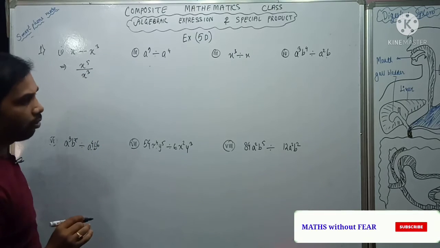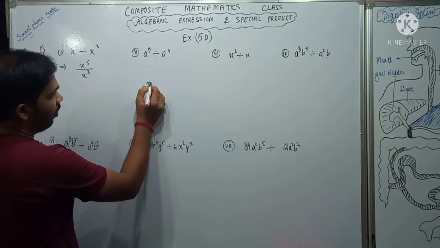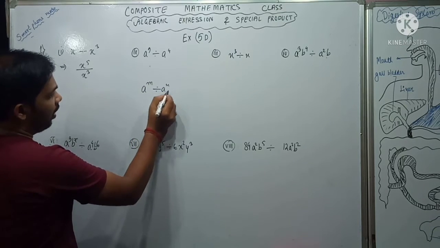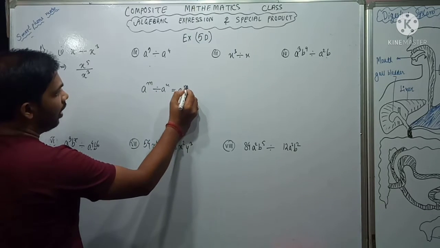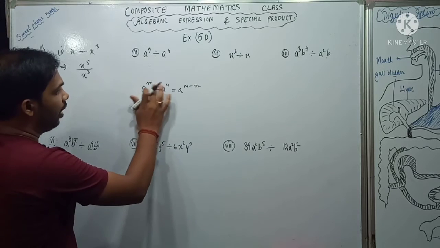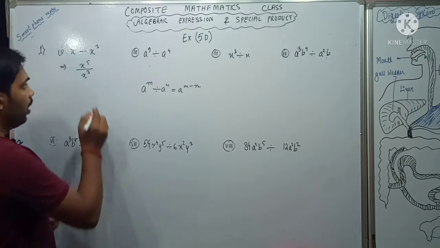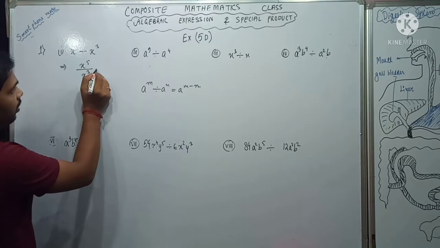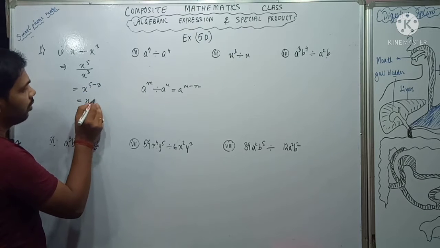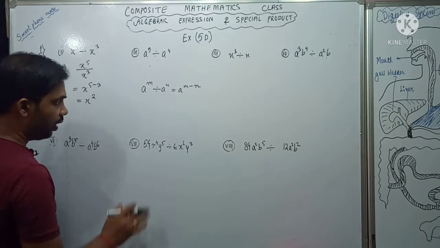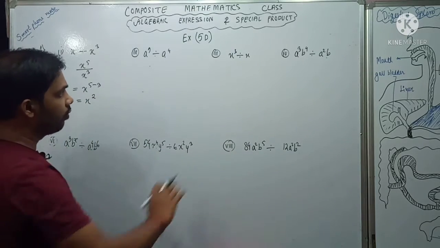Now you remember or not, see in exponent we got a formula that a power m divided by a power n is equal to a power m minus n. That means m and n should be subtracted. Okay. So this formula you know very well. That means this and this will be subtracted. So it will be x power 5 minus 3, which is equal to x power 2. So it is completed. You remember this formula. This is a very important formula and it will be used throughout the question.